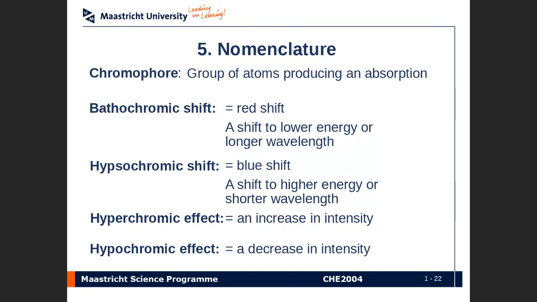Now you can have the notion of a bathochromic shift, which is really a shift to lower energy or longer wavelength. It's also called a red shift. Hypsochromic shift is the opposite of that. That's a blue shift to higher energy or shorter wavelength. Remember this relationship between energy and wavelength. And then a hyperchromic effect, which is an increase in intensity, and a hypochromic effect, which is a decrease in intensity. Okay, so these are 5 important terms that one needs to be aware of in UV-Vis,